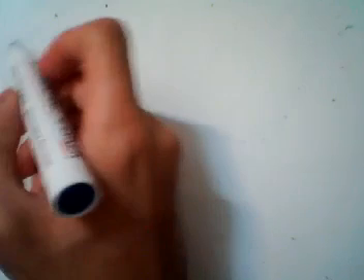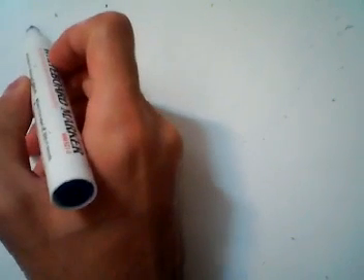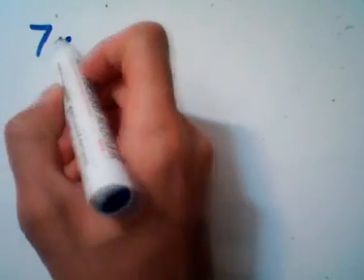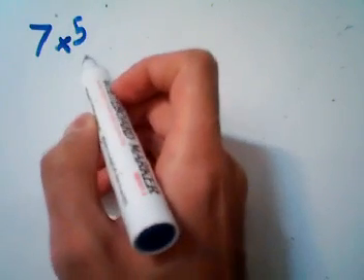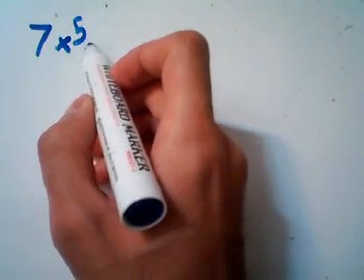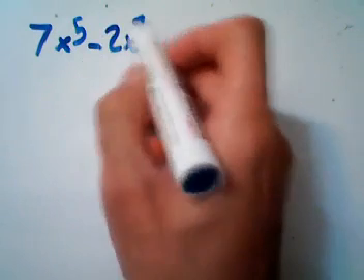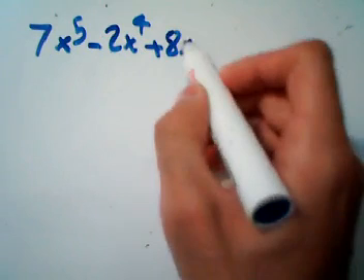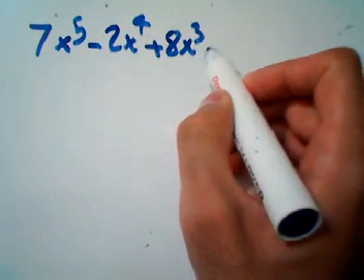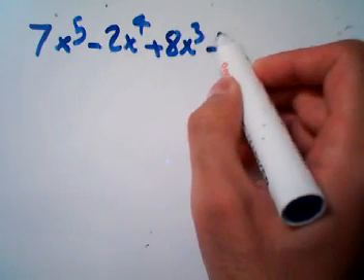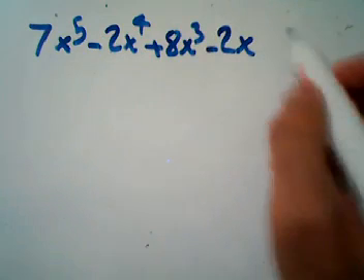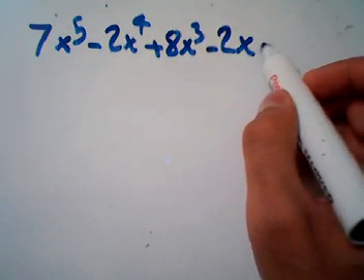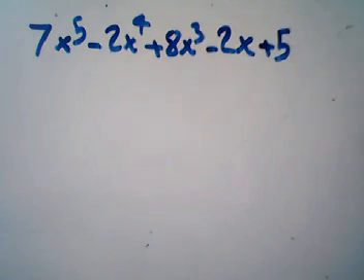Okay, factor this. 7x to the power of 5 minus 2x to the power of 4 plus 8x cubed minus 2x plus 5. Okay,